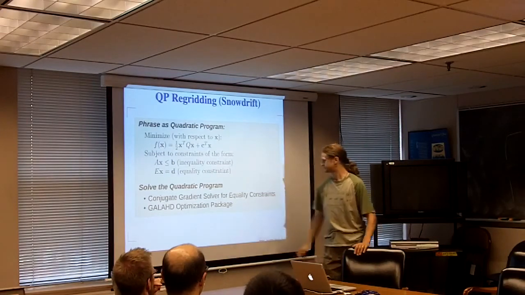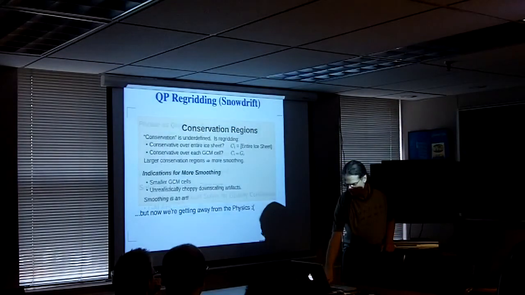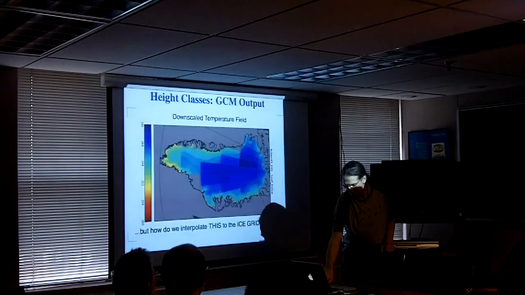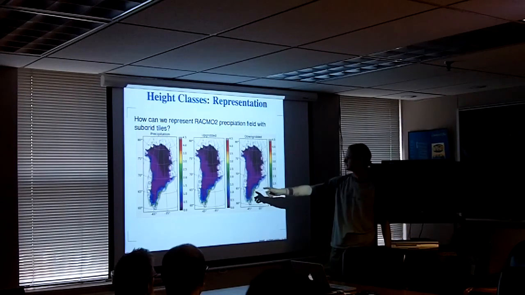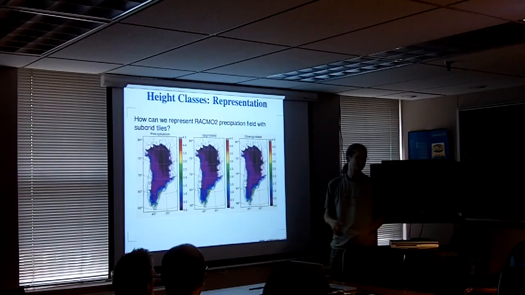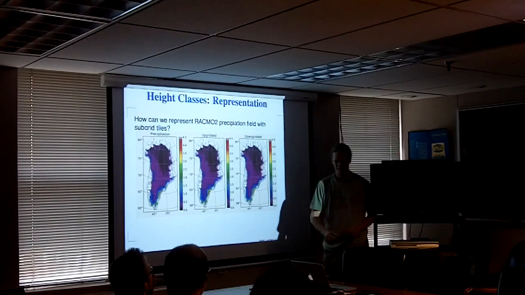So we use that, and with that, that's how we go from this picture to that picture. We just declare that I want it smooth and I want it conservative. We throw those declarations into a QP solver, a sparse QP solver, and it comes up with this picture. So